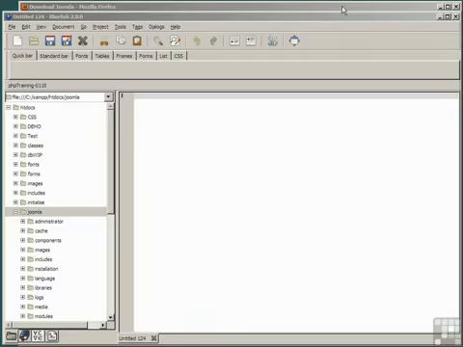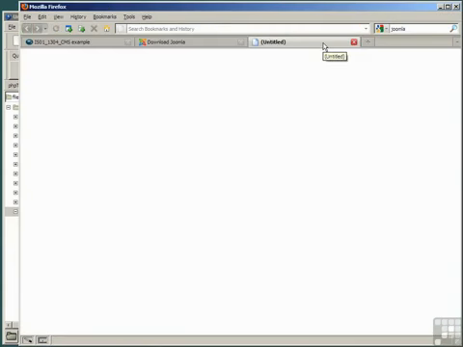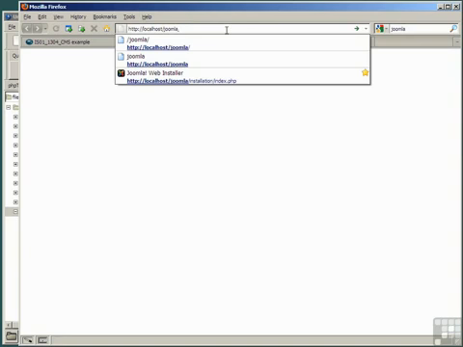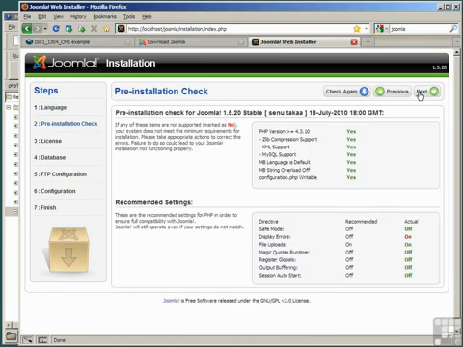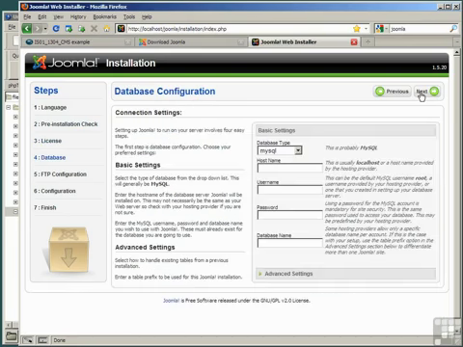Then install Joomla by opening a fresh tab on your browser and going to localhost/Joomla, that is the directory that you've just extracted the files to, and that will take you to the Joomla installation page, which is actually one directory below, in the installation directory below Joomla. Choose your language and select Next, and everything should be pretty well straightforward by clicking the Next button until you get to